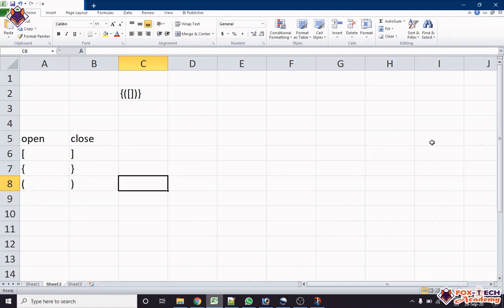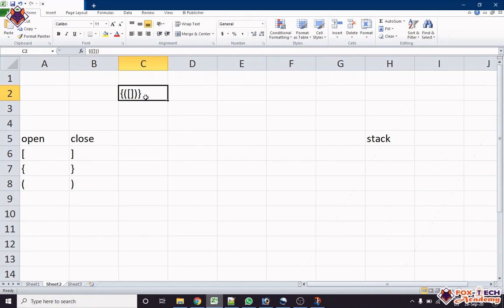Suppose here this is our stack, right? So if we find an open brace, what we will do, we will just put this character into our stack, and whenever we get a close bracket, we will pop that brace from the stack, and we will compare. If that brace is equal to our expression brace, then it means it's okay, we go further. If it is mismatched, then we understand that this is not a correct expression.